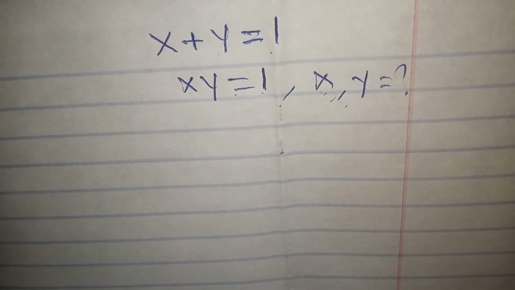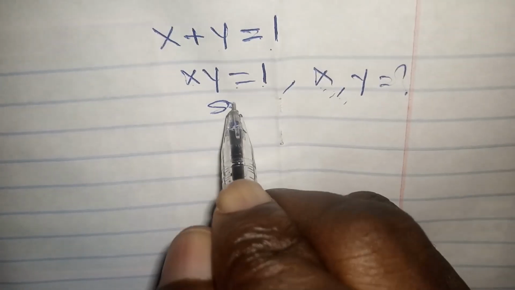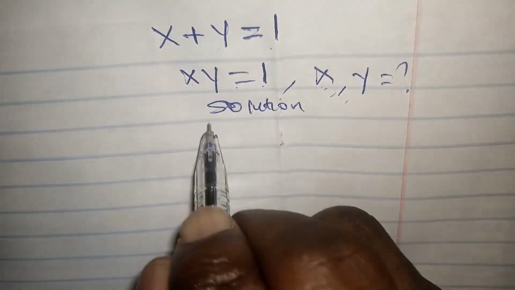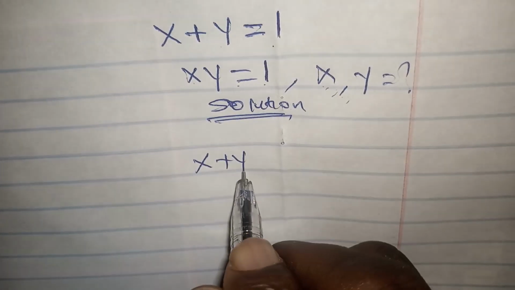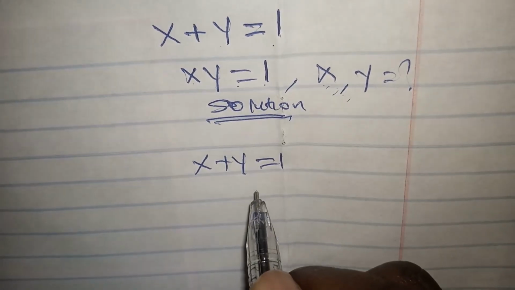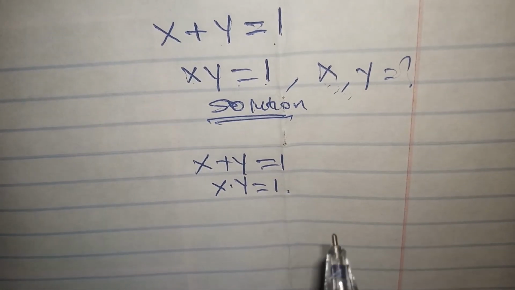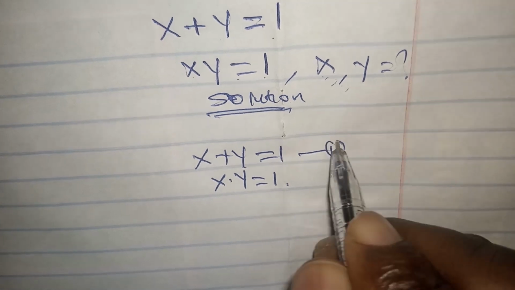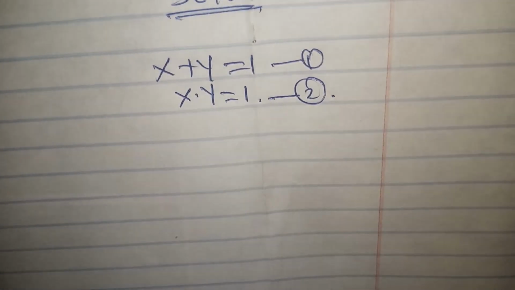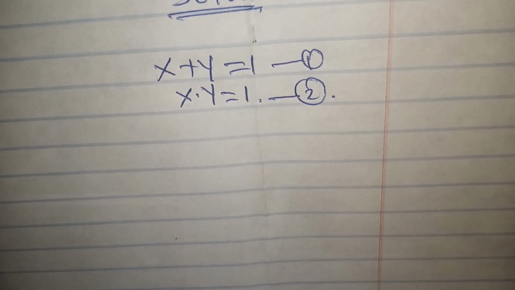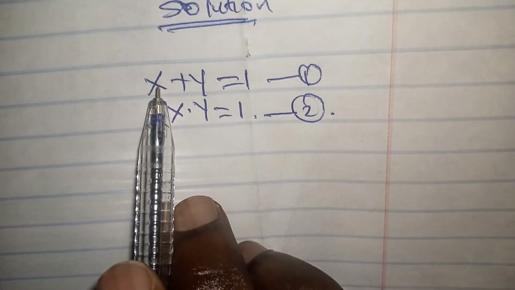So let's provide a solution to this. I'll say solution. So having done this, we have x plus y equals 1, and x times y equals 1. We can call this one equation 1, and this one equation 2. So the next thing we can do is make x the subject of the formula